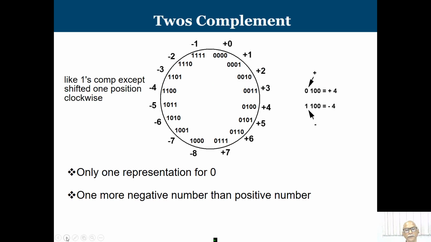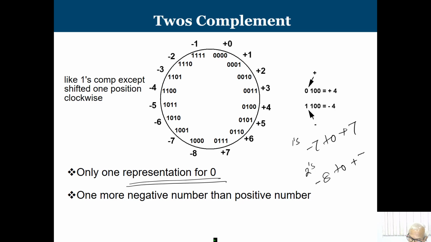Now, similarly, 2's complement, already I have explained how we are going to get 2's complement. In this particular case, the main advantage we are getting is that there is only one representation of 0. That means now we can use all 16 different symbols for the 16 different combinations. So, in this particular case, what will happen? We are going to get one more negative number. So, in 1's complement, what is the range? It is minus 7 to plus 7. Okay. But in case of 2's complement, now my range will be minus 8 to plus 7. Okay. So, this is the way that we can say.